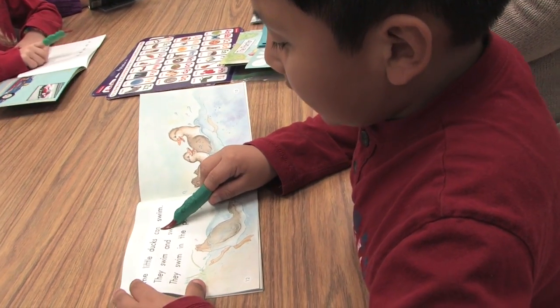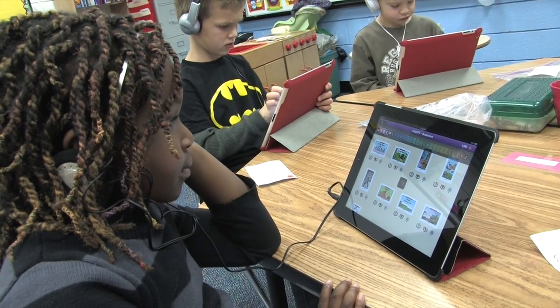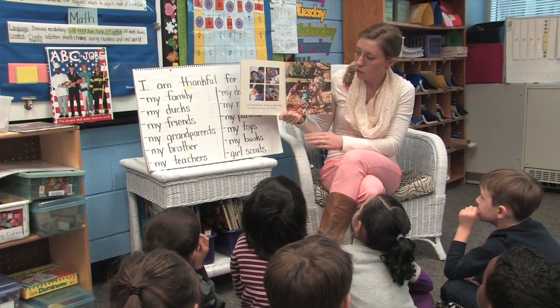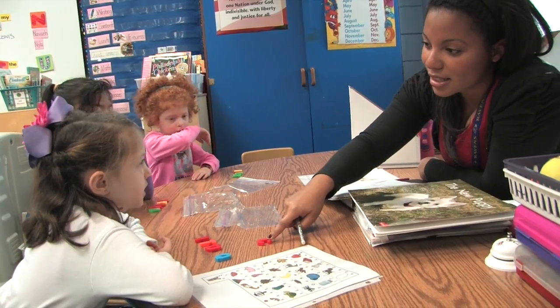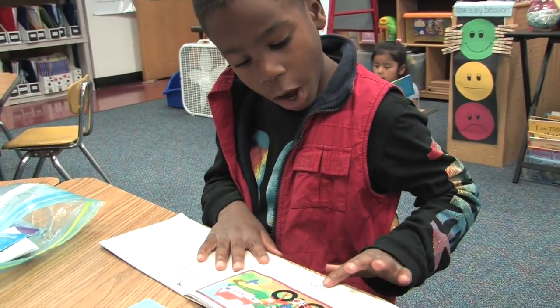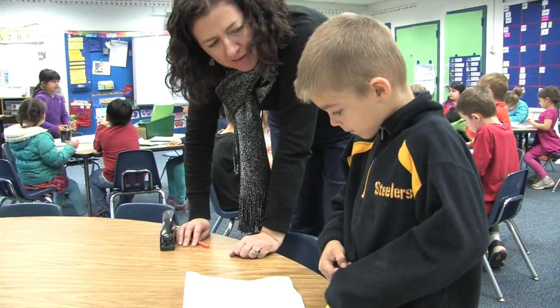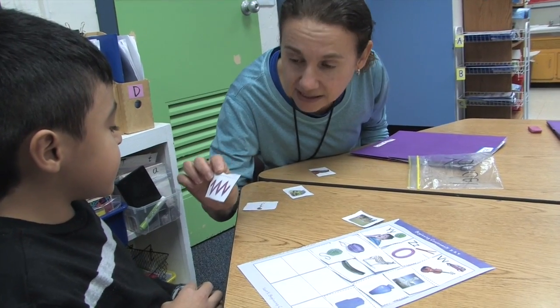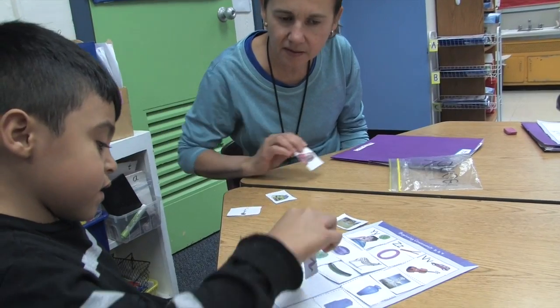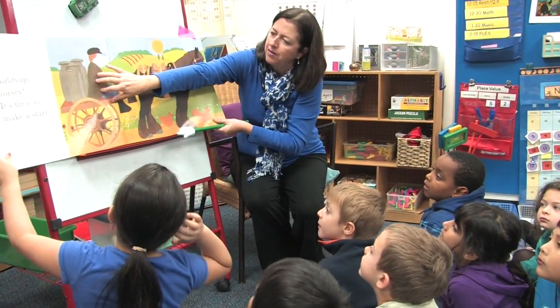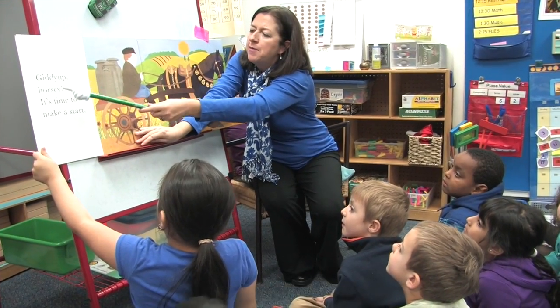Today, when you observe your child's kindergarten class, you will see a variety of activities alternating between whole group, small group, and individual work to help students develop reading, writing, and oral language skills. In small group lessons with the teacher, children focus on acquiring sight words and building story sense and comprehension, along